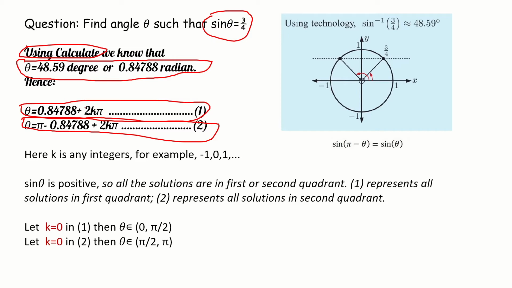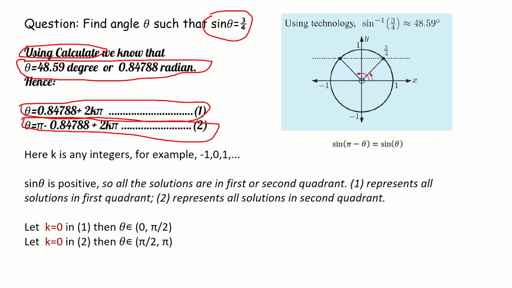This would be a trap question to trick students who only find the first angle value using the calculator. They will use their calculator and they will find 0.84788 radians and they'll put it as their answer, and that answer will be wrong. Even though its sine value is 3 divided by 4, that radian value is not between pi divided by 2 and pi. In that case, you would have to take the value of pi minus